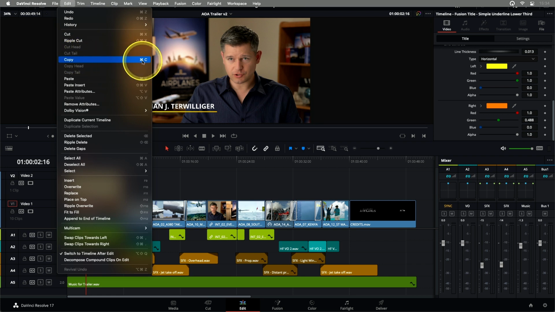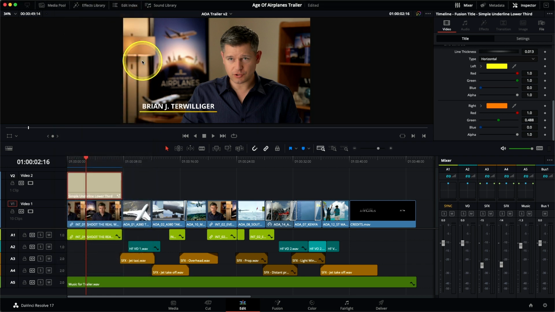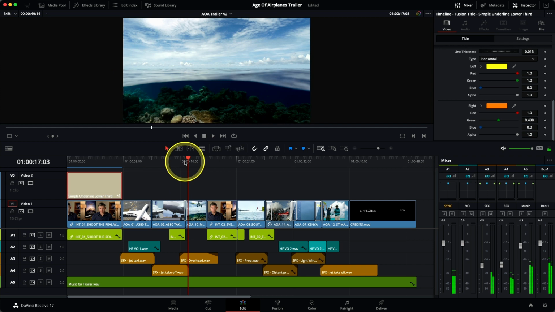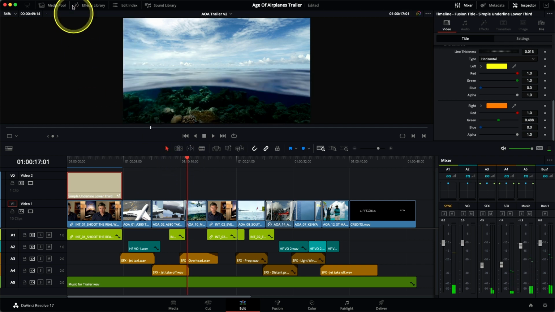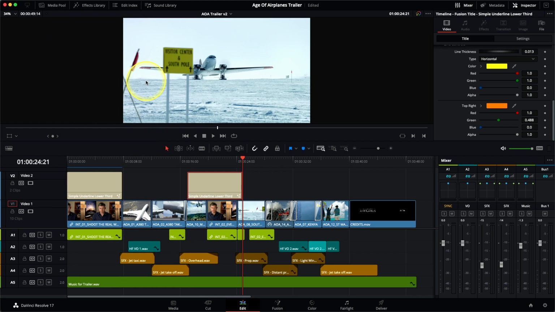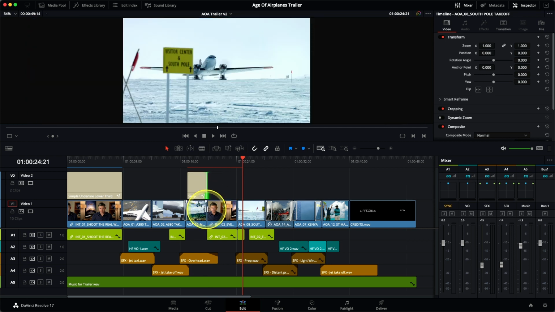So Command or Control C is a keyboard shortcut that you'll probably be familiar with. Now I'm going to find the Maldives shot here, and I'm going to choose to paste. So Edit, Paste, Command or Control V, and Resolve will actually paste directly to the track from which I've copied from. Let me just trim that back to the end of that shot,